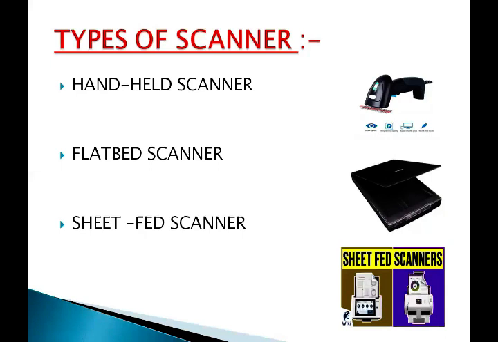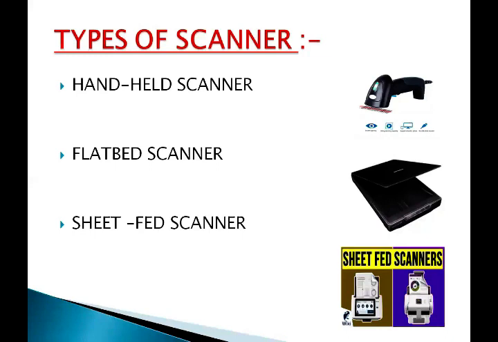A scanner that is moved by hand over the material being captured. Number two is a flatbed scanner. This type of scanner has a flat piece of glass. Flatbed scanners are identifiable by their similarity in design to a photocopier machine. A flatbed scanner also works better than a sheet feed scanner when the documents are cut and the page layout might fall off.